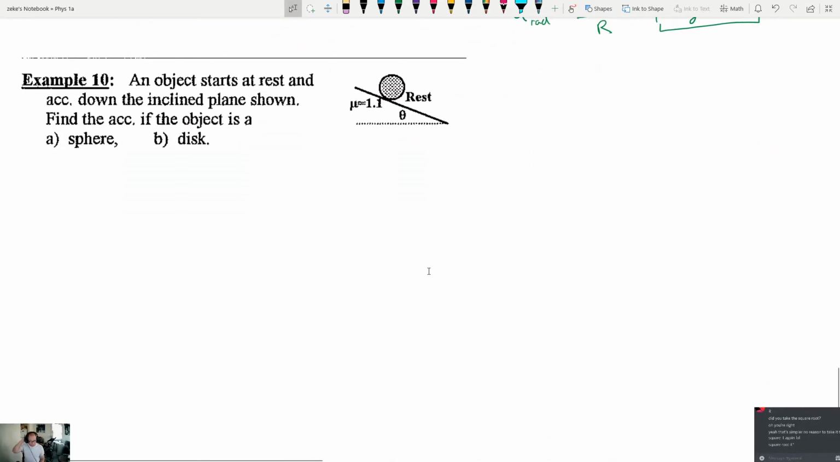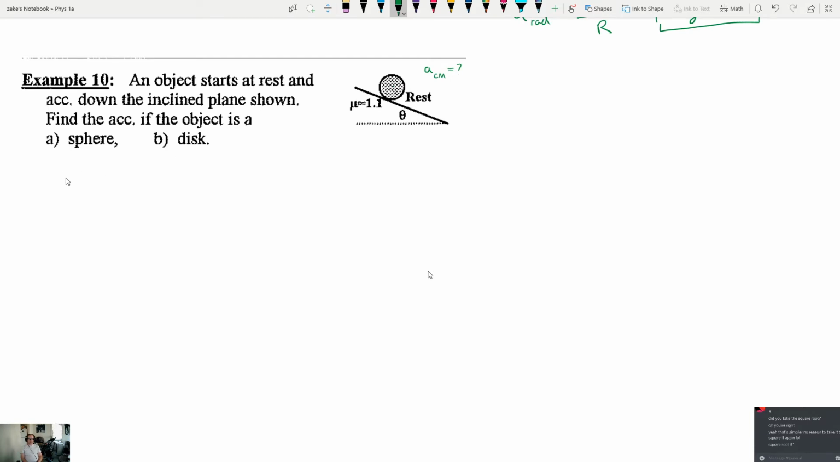All right, so example 10. An object starts at rest and accelerates down the inclined plane as shown. We want to find the acceleration if the object is a sphere and if it's a disk. So in this system, our goal is to find the acceleration of the center of mass of this object as it rolls down this incline. And all we know is that you have an angle theta and we have a sphere